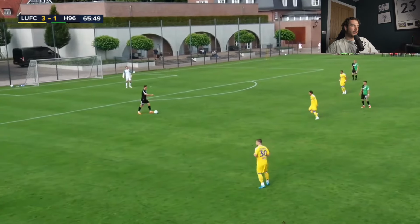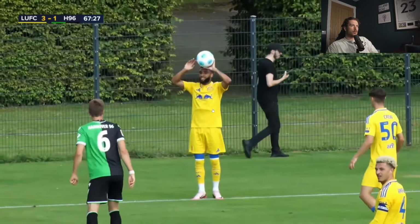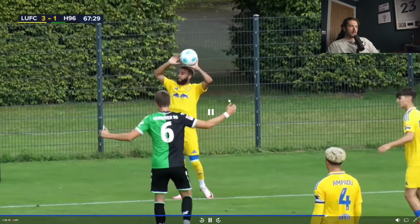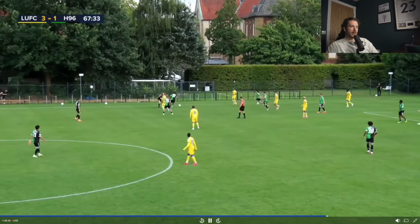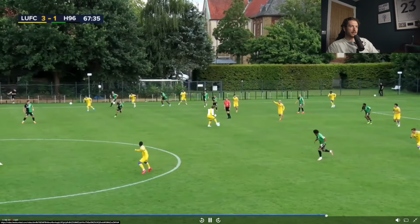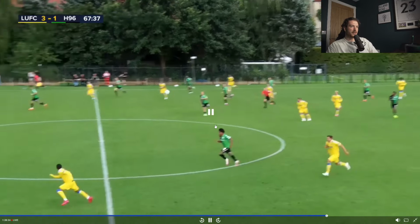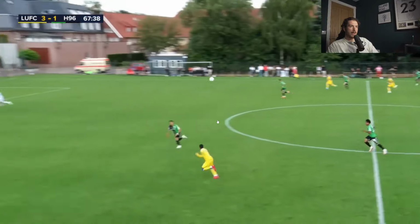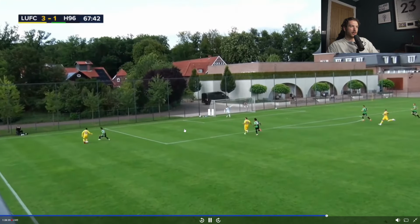set piece taken. Another good little move here from Leeds after Jayden Bogle takes this throw in. And what I was talking about before with being able to play those long passes, Joe Rothwell seems to have that one in the locker as well. As the ball gets pinged into him, great ball there from Jayden Bogle. Look at the space that he has here, and he turns, and the first thing he thinks is forward. Great pass over the top for Somerville,